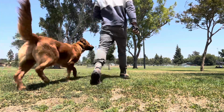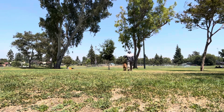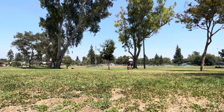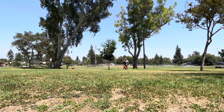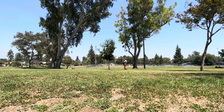Today with Luna, we continue to work on our off-leash skills. It's important to keep in mind that if she's ever experiencing any reactivity or frustration because she's not sure what to do, the best thing to do is to allow her to problem solve for as long as possible before we interfere or intervene. We want the dog to be able to figure out the correct answers on her own,